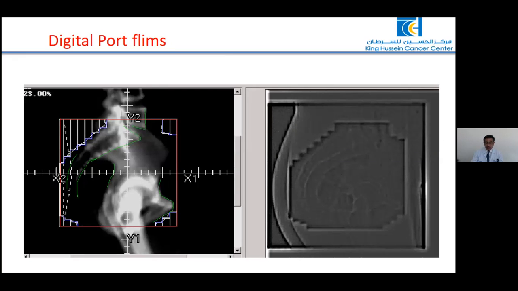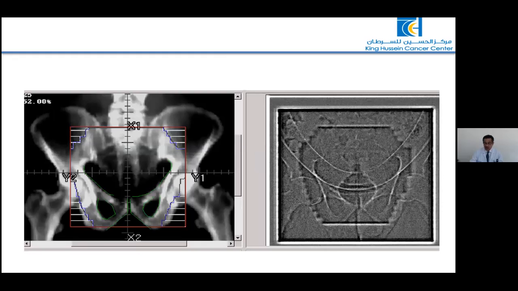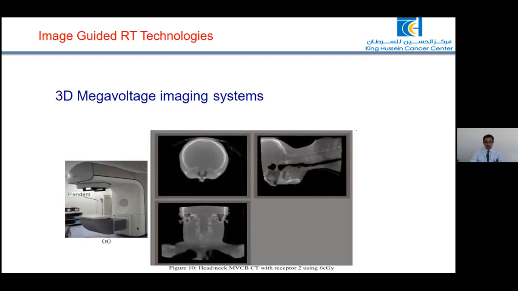Now, digital portal films were also the main one that we used before cone beam CT. And this is how we did it with the MLC, and how we did the verification film for our record, and to make sure that we are targeting the tumor with the same anatomy or setup as the CT simulation. You remember those cases with prostate cancer when we used it before, and then we moved to the three-dimensional megavoltage